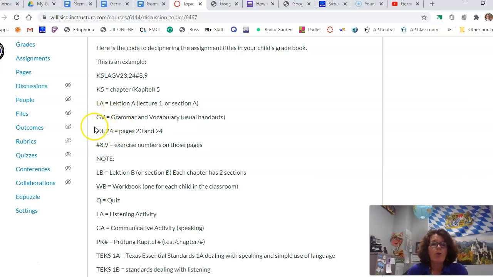The GV is for your grammar and vocabulary. Those are all worksheets that I can add to supplement your learning. And then after the GV will be your 23, 24, whatever the page is. Actually, this year I've added an S in front of the 23 and 24, which means Seite, if you remember. Seite is page. Number 8 and 9 are the exercises on those pages. So you would have a grammar and vocabulary worksheet. On the bottom, you would see page 23 or 24, and the exercise numbers you would do would be 8